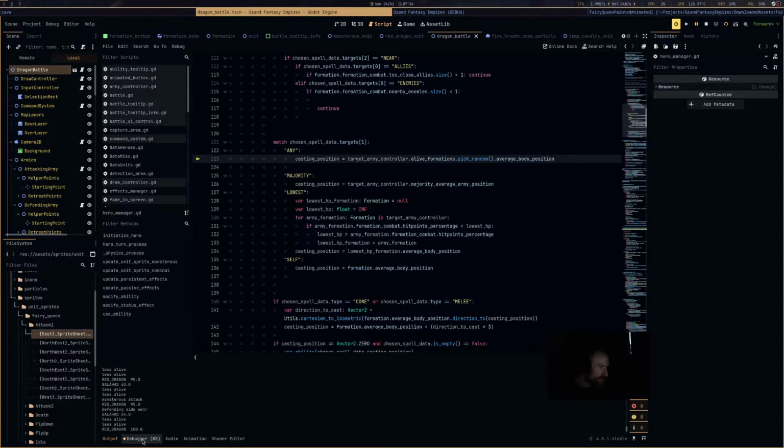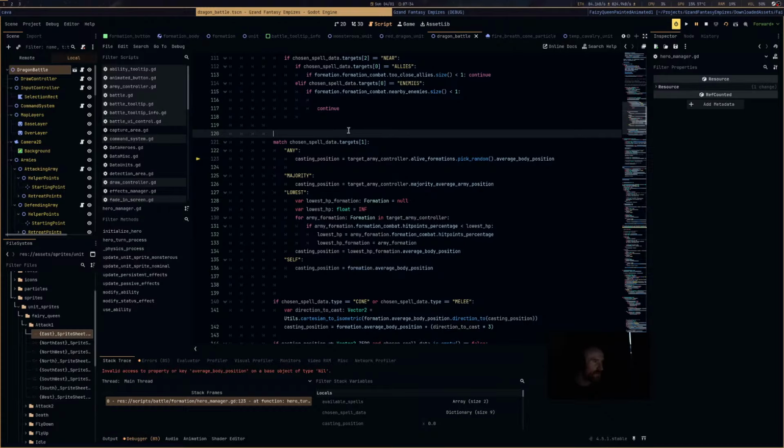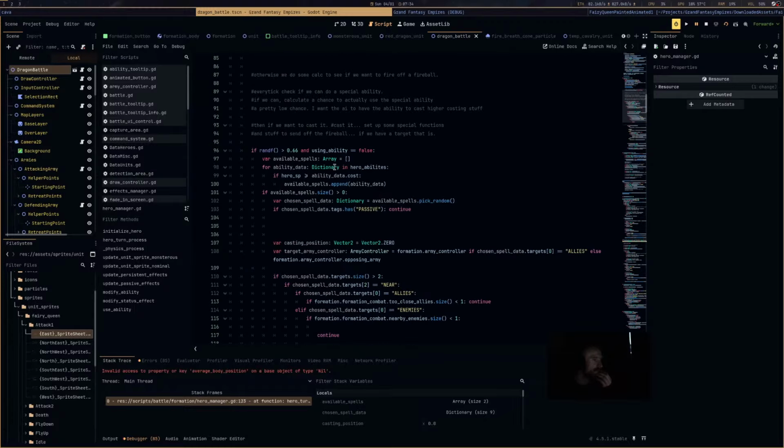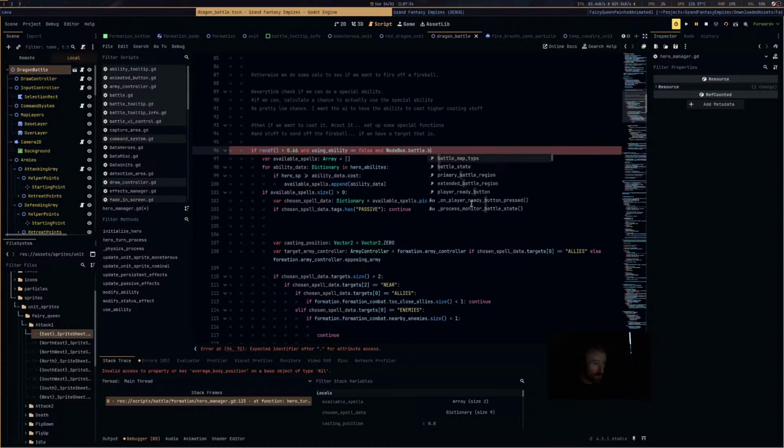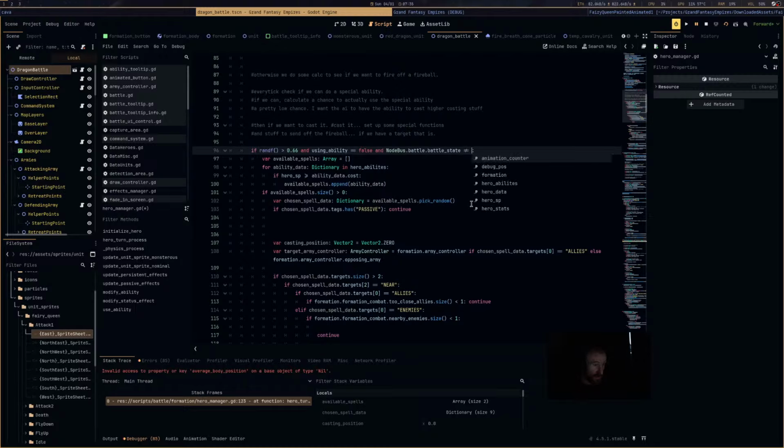Maybe we can use, yeah, defending side 1. I mean, we could go up here and say, and node first battle state is not equal end. Oh yeah, I forgot I found that